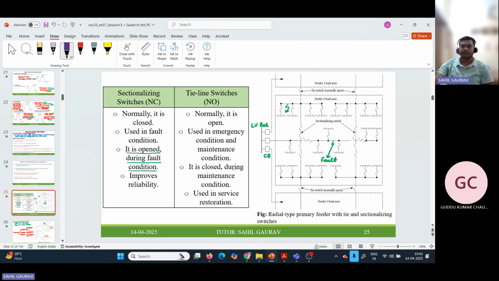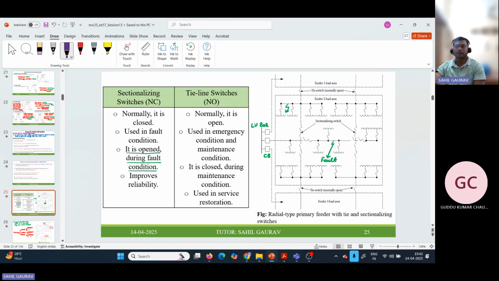Tie line switches are normally of open type, and whenever we want to provide power from other areas to a certain part of an area, we close them. That's why we call it used in emergency condition or maintenance condition, because your primary feeder